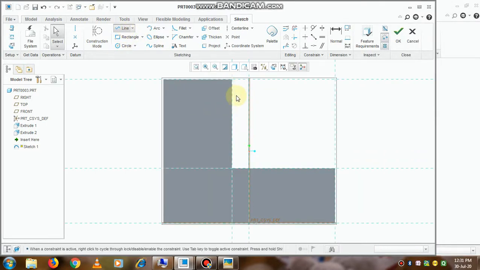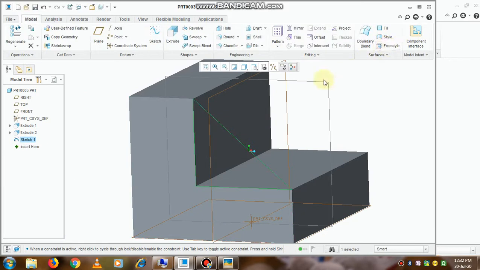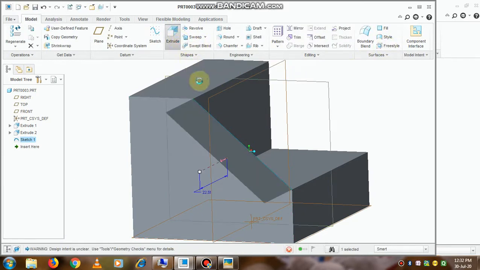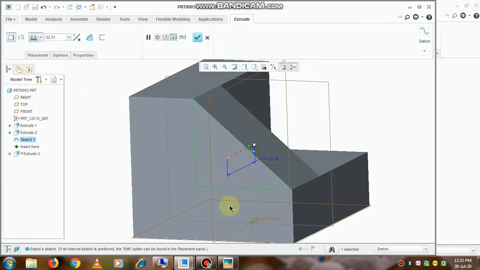Close it and go to the option that is line. So select the two corners. We will create a rectangle first and then we can extrude it. So once the rib is created on the left side, if you use the mirror command, we can simply have the ribs on both sides.